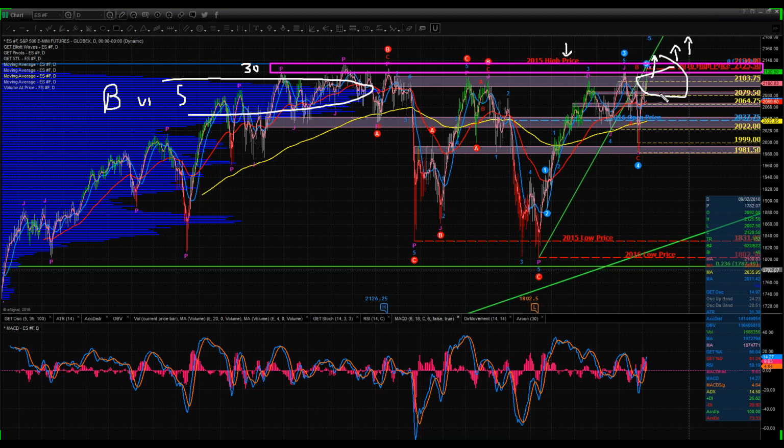Remember, it's like holding a beach ball underwater. Markets are predisposed to run higher unless there is negative news coming out that would prevent it from doing so over a longer period of time. I mean, that's just the way the statistics bear everything out. So markets are predisposed to do that. You can see